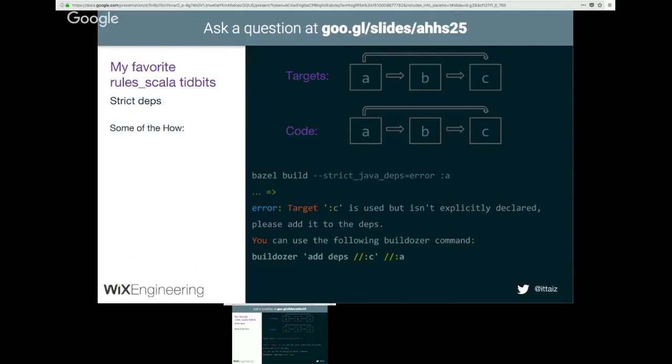Now, getting this to work included quite a few details. We needed to write a Scala compiler plugin. We needed to propagate the labels. So you see that it says there is C as a label dependency, but this isn't part of Java Info. I hope to get it in Java Info soon, but we needed to collect those and pass them on as